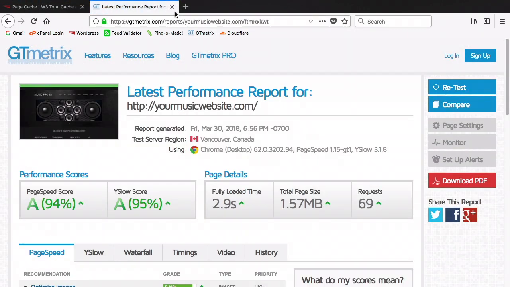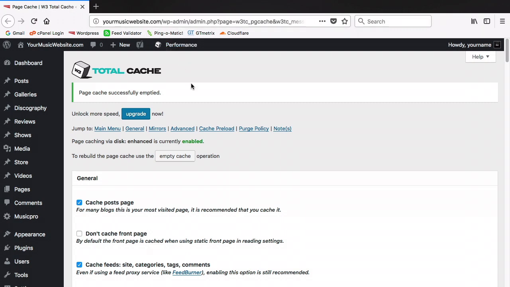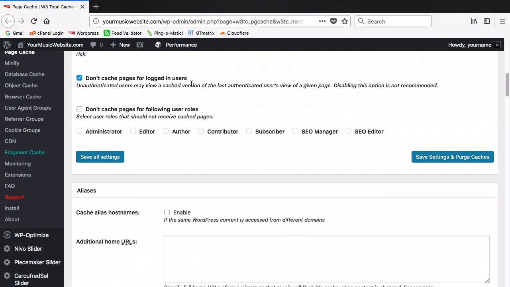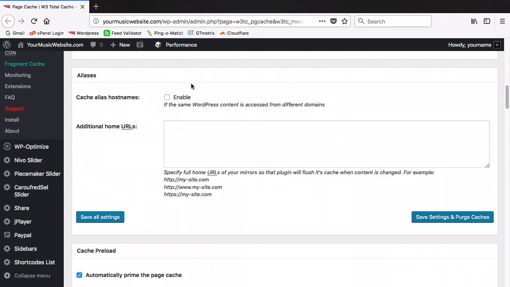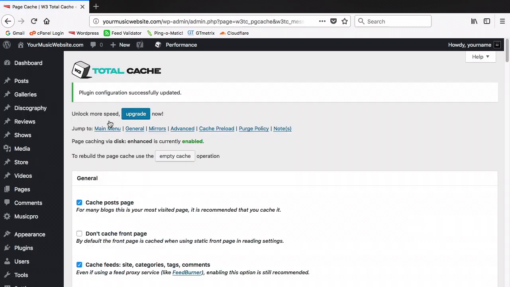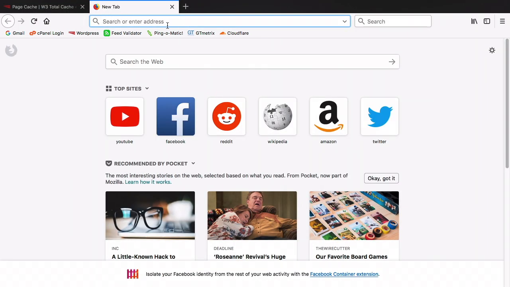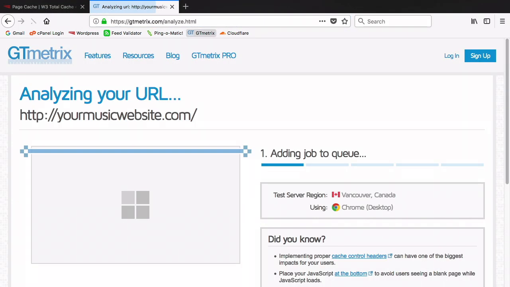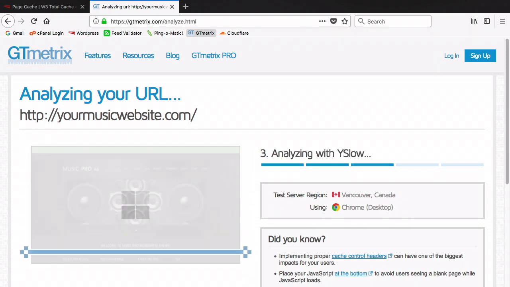If you added the Yoast SEO plugin, which is a very good idea, scroll down the page cache settings again until you get to the cache preload area. In the box that says sitemap URL, type in your domain name, followed by a /, then sitemap_index.xml, and save all settings. That'll give the plugin a better guide to the structure of your site and help speed things up a little more. Do one last scan in GTmetrix and make sure that these changes are actually improving your scores without giving